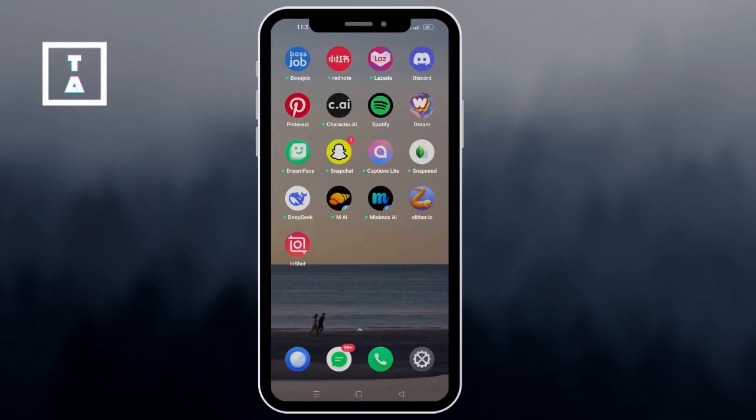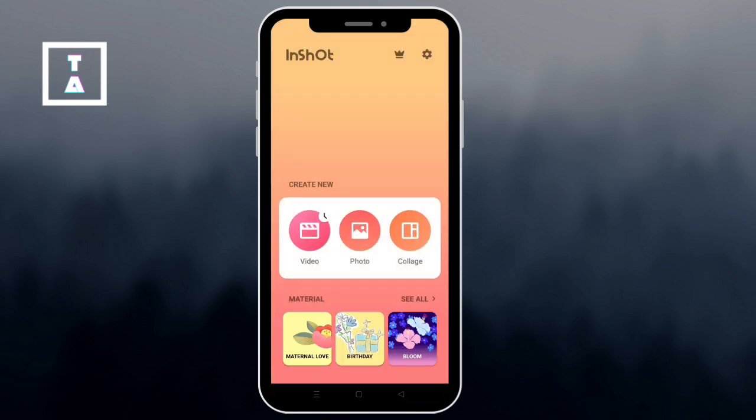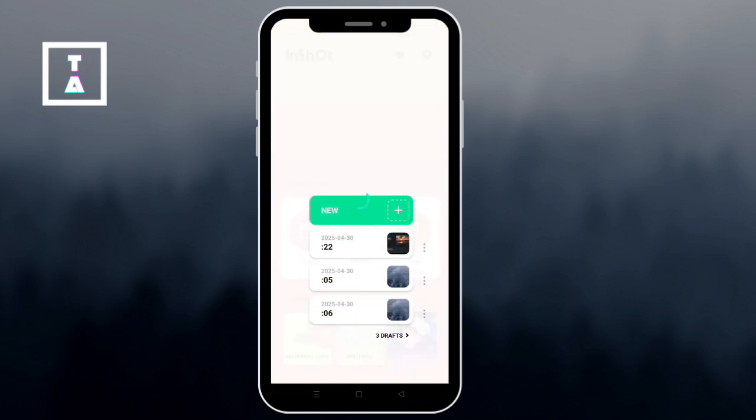Hi everyone, in this quick tutorial, I'll show you how to add captions and subtitles automatically in InShot. Fast, accurate, and super easy. So let's get started. First, all you need to do is open your video project in InShot, and then